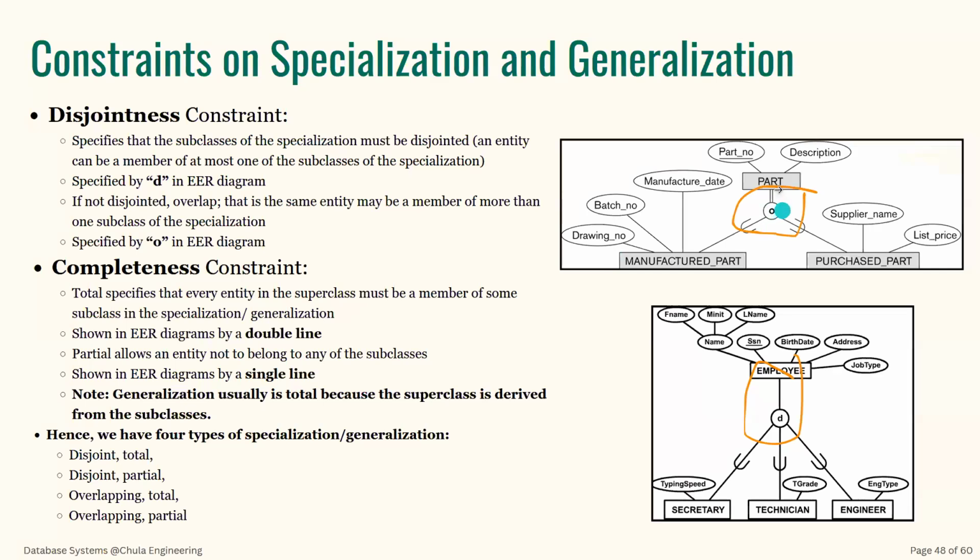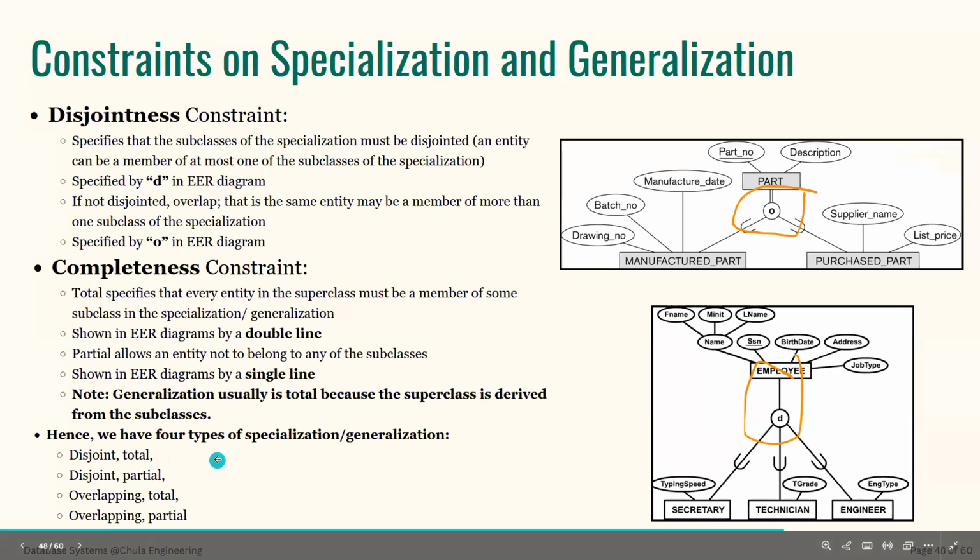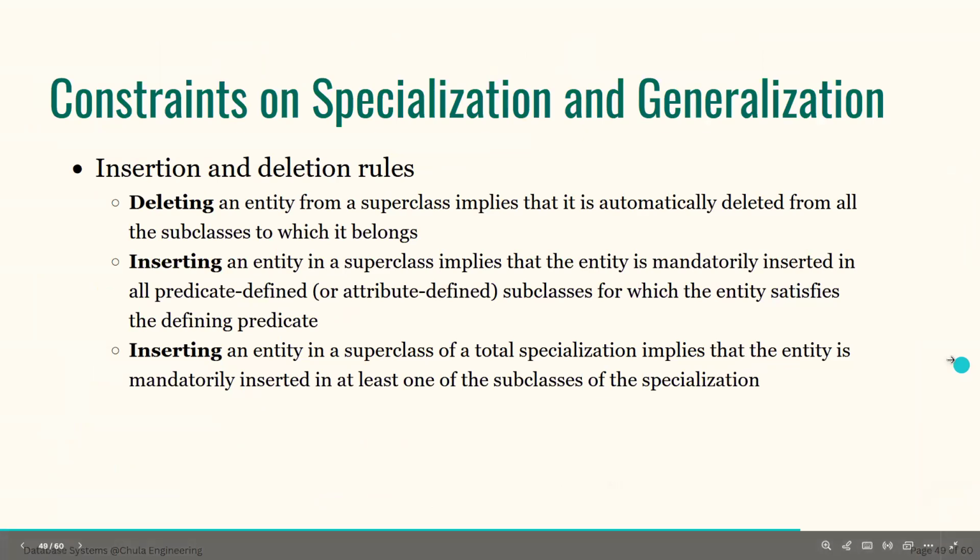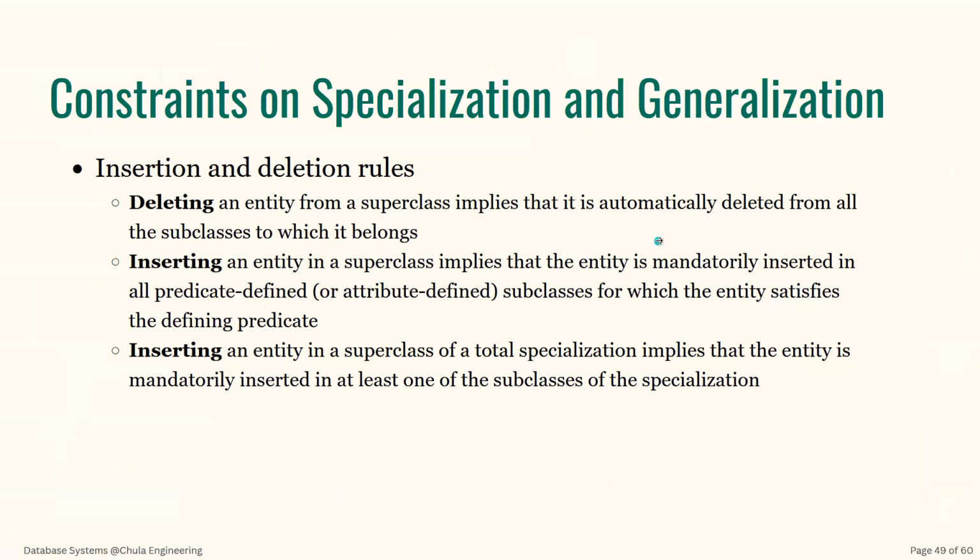The completeness will be signified with the double line or single line. Now, so the total, we would have disjoint total, disjoint partial, overlapping total, and overlapping partial. So the combination, 4 combinations there. And there are some insertion and deletion rules there too. If you delete an entity from a superclass, then it implies that the subclass must be deleted as well. But if you insert an entity in the superclass, you imply that the entity is mandatorily inserted into all predicate defined subclasses, if you have a predicate defined or attribute defined subclass, for which the entity satisfies the defining predicate,